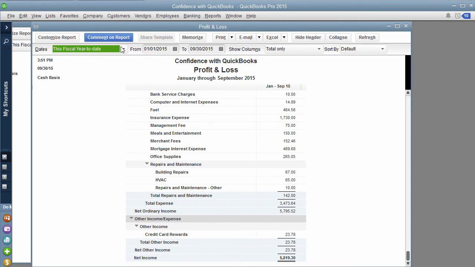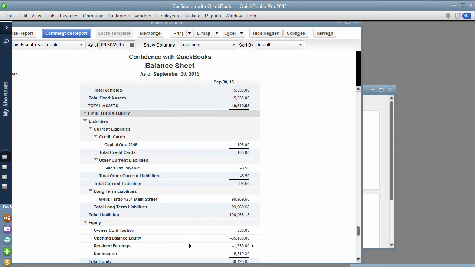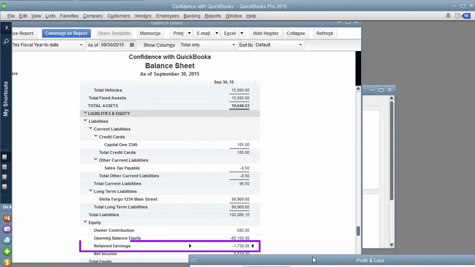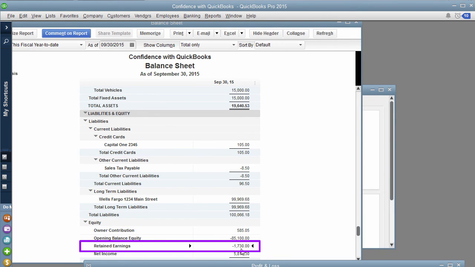The balance sheet knows from the beginning of the year to whatever date you've picked in your QuickBooks. And then retained earnings is anything you've had from all of the previous years that you've been putting into QuickBooks. So in this example, you'll notice the retained earnings right there is $1,730. Well, inside of this QuickBooks, I had only written one expense out for 2014 in this example. So it is saying that the profit and loss is actually a loss of $1,730 for the 2014 year. That's coming down here to retained earnings.